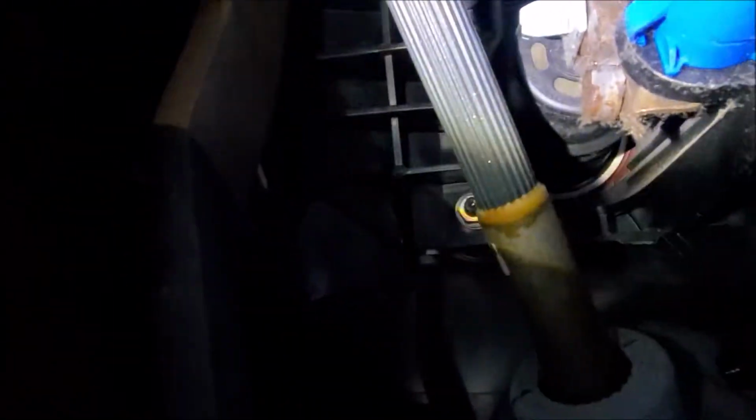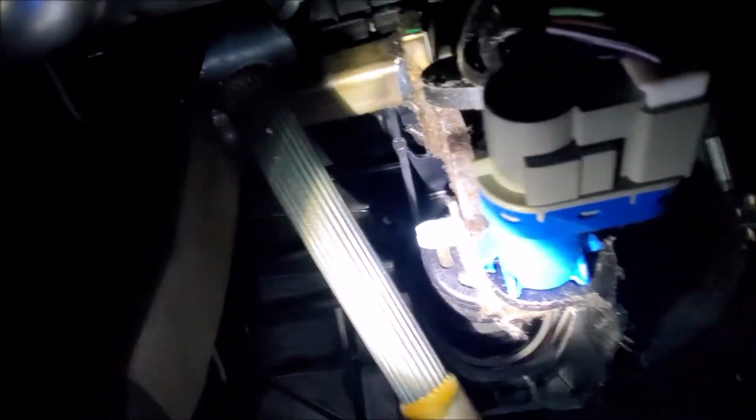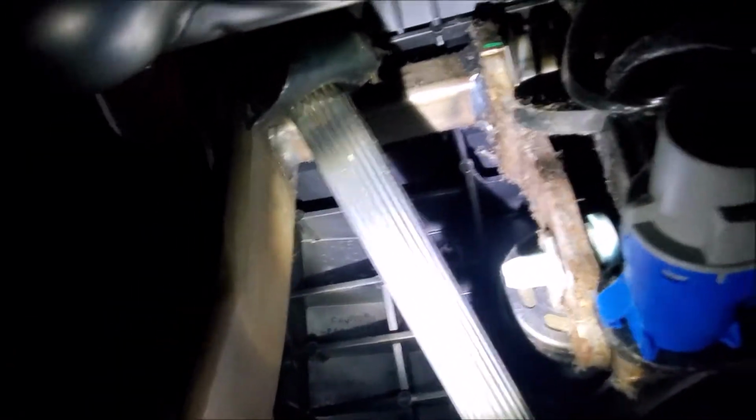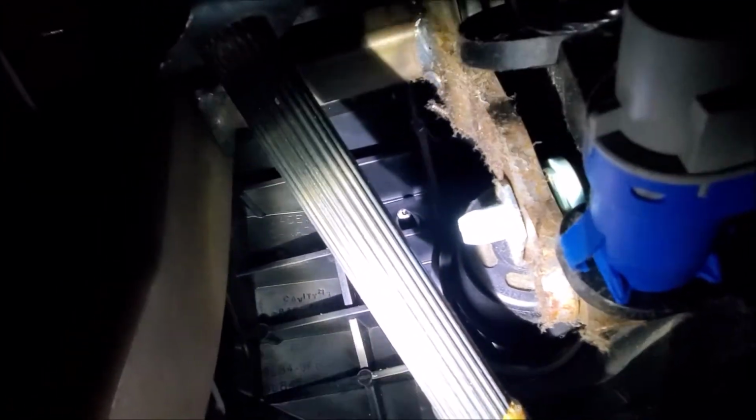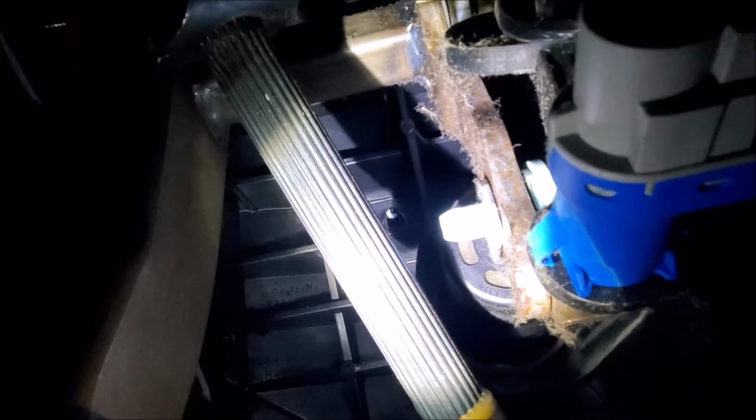All right, so I'm not going to film this with the regular camera because it's very difficult to get to. But basically, it's your brake pedal. It rides up, and then it has a control arm that goes over here, and that little blue thing is what sets your brake lights off, and that little light blue tab that is kind of in the center of the picture. It kind of looks white with the light on it, but that's actually a little press fitting. You push that out, and then you have,